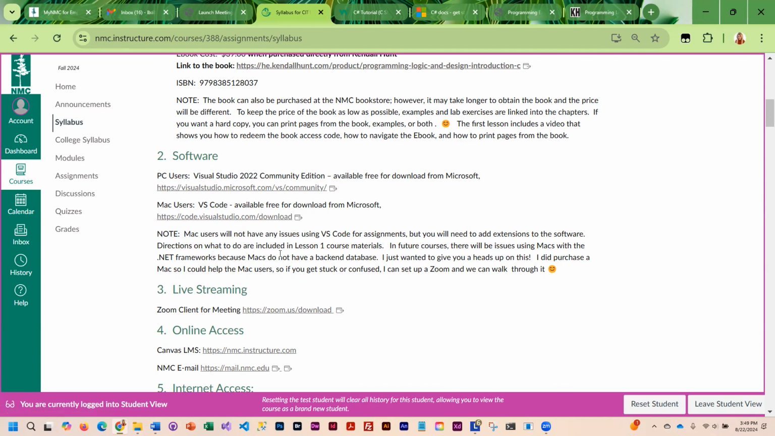For this class, you will be able to do everything in VS Code. For the next class, which is CIT 195, you'll be able to do 75% in VS Code. But it's when we start working with frameworks that have back-end databases that you are going to have a problem on a Mac, because a Mac does not have a back-end database. If you are really, really good on the computer and you're comfortable with entering things in at a command line,